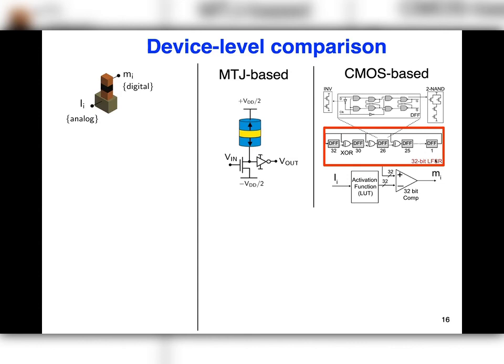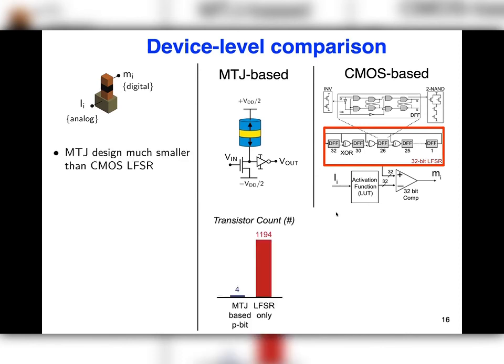Okay, so if you don't know what that is, doesn't matter. It's just a very simple shift register with a bunch of XORs, and that tends to generate these random looking signals. Now, the thing is, it takes a lot of transistors. Even the cheapest, least sophisticated random number generator requires maybe 1,200 transistors or so, while the system that we showed here is only 3 transistors and an MTJ.